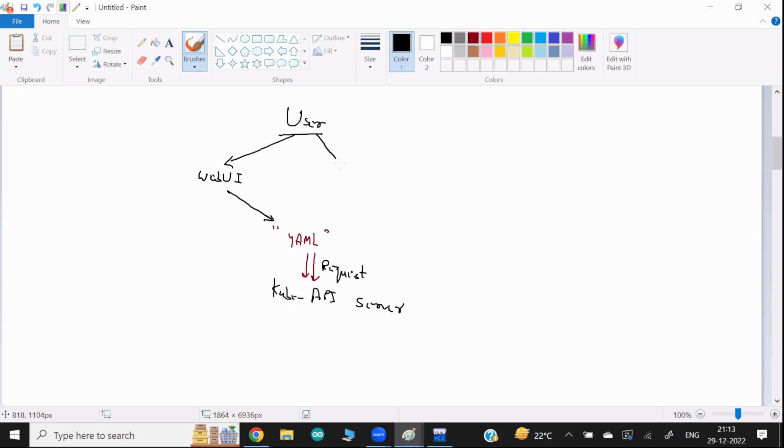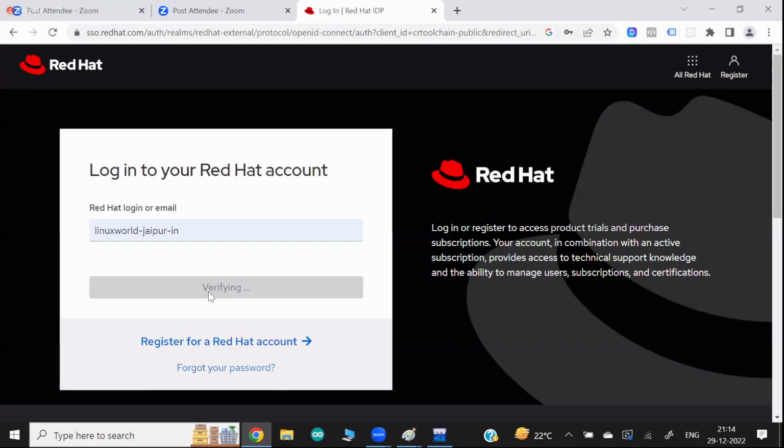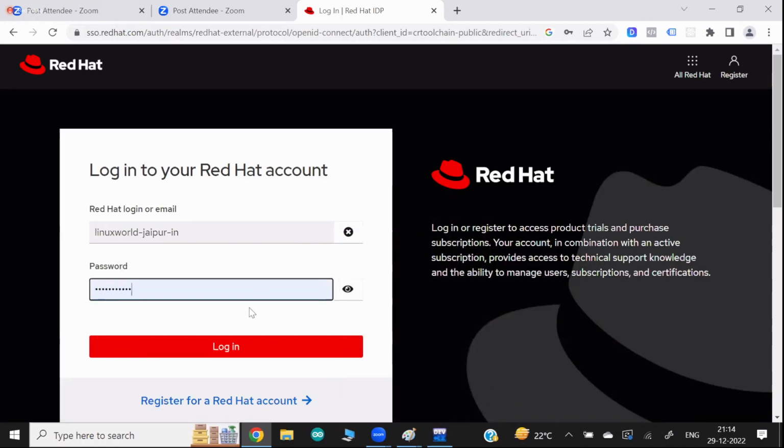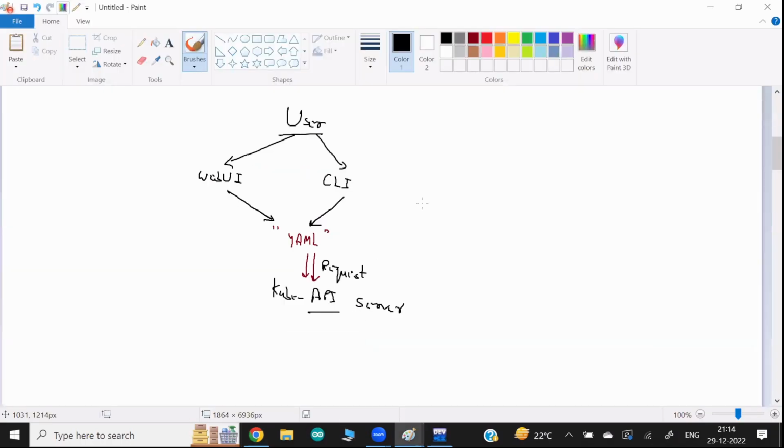Or whatever you have done from the CLI, the command line interface, oc get pod, oc create deployment, they are just commands. Internally, those commands are converted into YAML code automatically, and they go as a request to this program. Okay, one minute, guys. Let me log in. And that is the reason, if you know this YAML code, we can also interact with